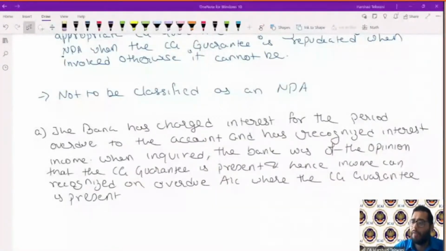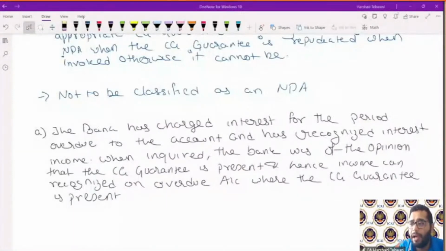We have already discussed this before, but again, understand the logic over here. As per the norms, NPA norms are different from revenue recognition. The NPA norm says that if you have a central government guarantee, then you are not required to classify the account as an NPA. But the income recognition norm says that when there is an account on which the amount is overdue for more than 90 days, and there are chances that you might not recover the amount,